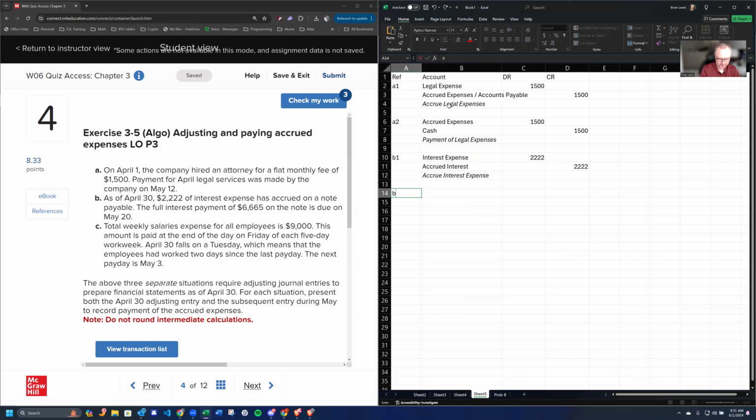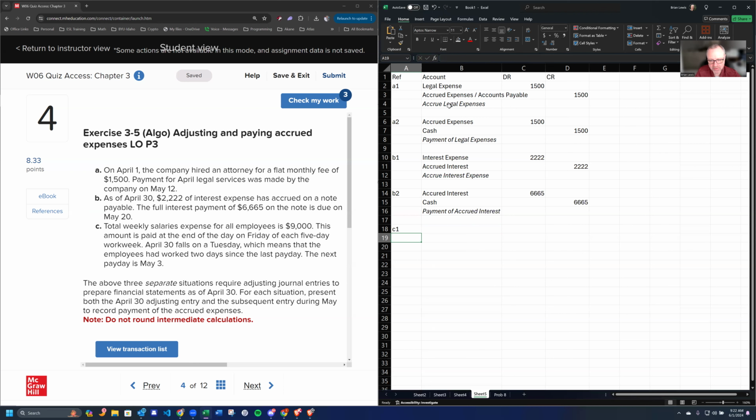Now on B2, we're going to reverse out that, well, not only that, but more. So we're going to do accrued interest, and it's going to be for the 6,665 because it was paid in May, and it's going to be cash, 6,665. Okay, payment of accrued interest. Okay. There you go. And then C1,